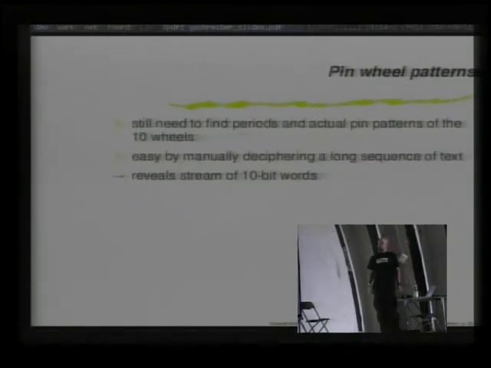Now, the only thing that's missing for us to be able to build our own T52 would be to know the patterns on the pinwheels. I said that the pinwheel is inscribed or circumscribed with a pattern of random bits. So we would have to know these actual patterns, but they're easy to find. If you decipher a long sequence of text, like the one I showed in the example, you will find the permutations, and because we've deduced the switch arrangement, we know which bits the wheels will have generated in order to produce this permutation. And we also know the key,